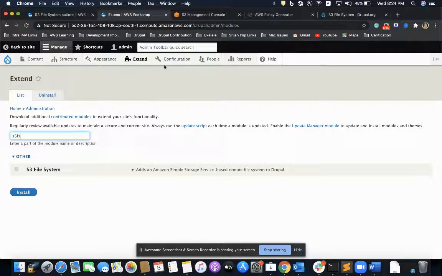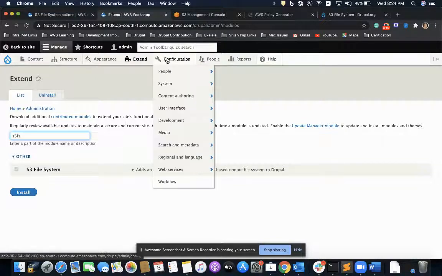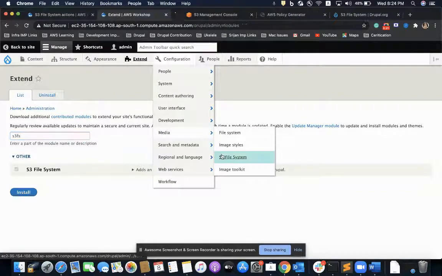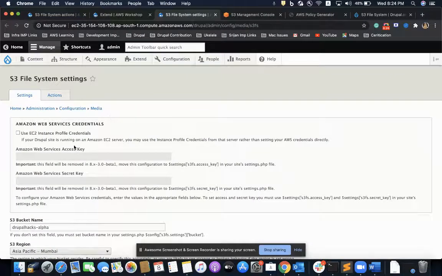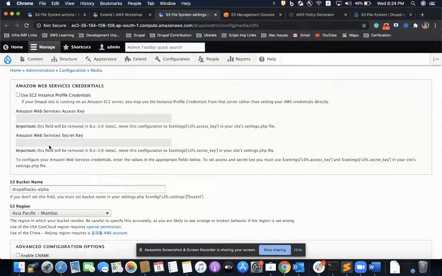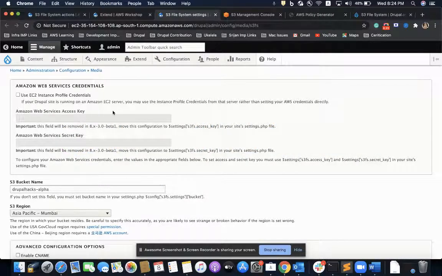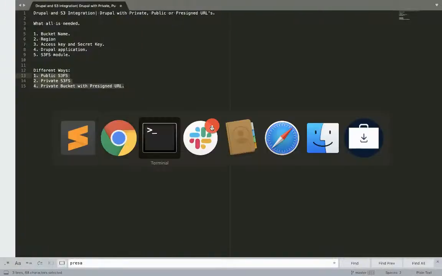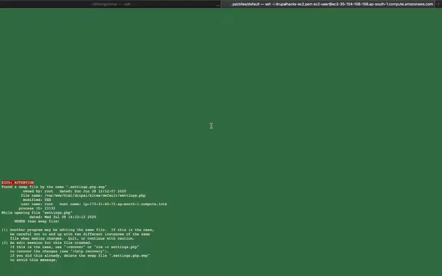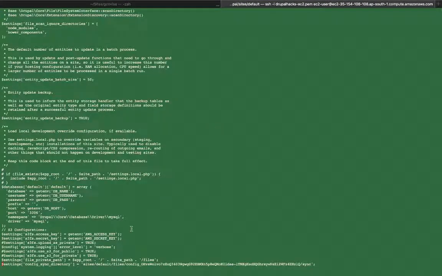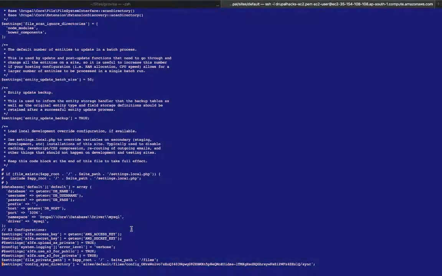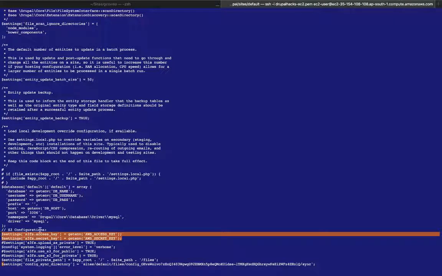At Drupal level, I need a module. I have enabled the module. The next thing is I have to go to this module configuration or settings page. I have to provide the access key and secret key, which I already have. There are two ways: I can directly provide it from here, but the recommended way is to pass it through the settings.php. I did it. If I go to this settings.php file, give me a second, guys. It is visible. I have provided this through the environment variable, so this access key and secret key is set from the settings.php file.